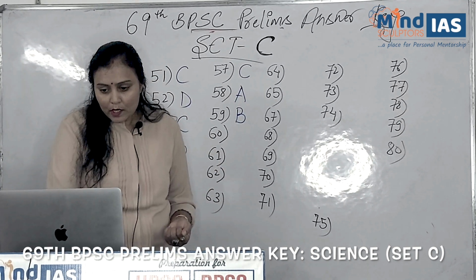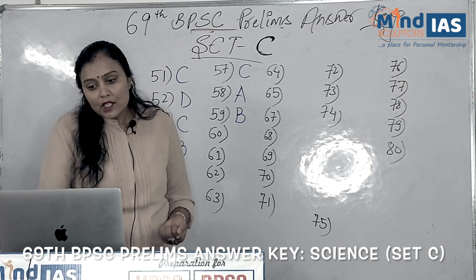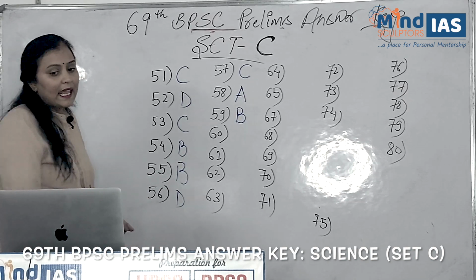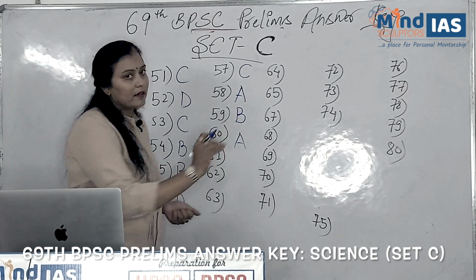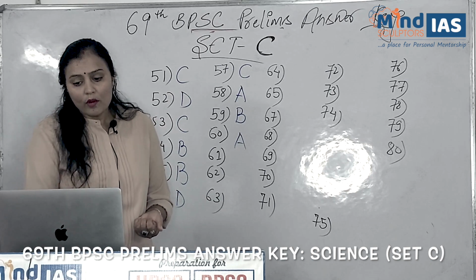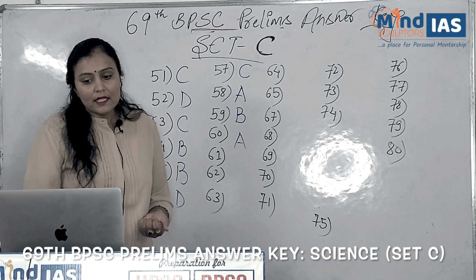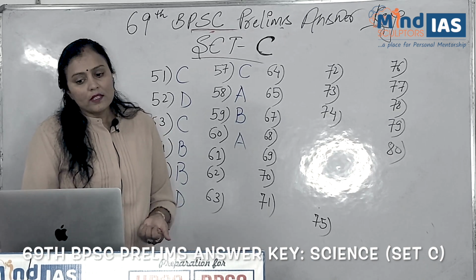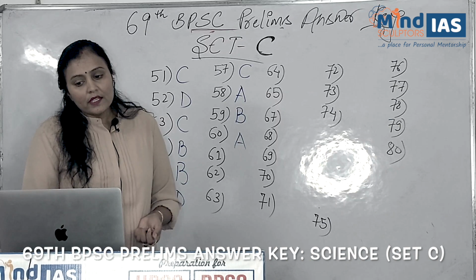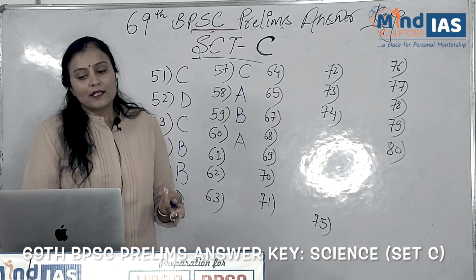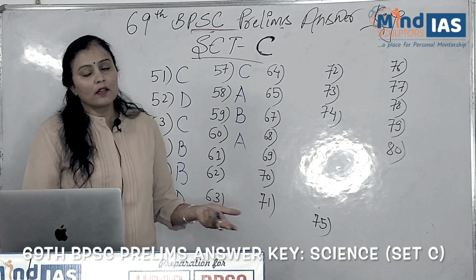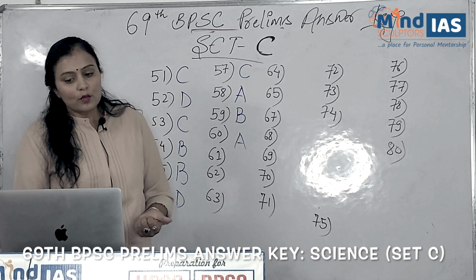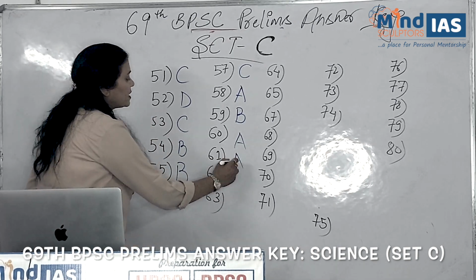Next question, the process that continually adds new crust is? The right answer for this question is A, sea floor spreading. Now come to question number 61. The theory that states pieces of earth's crust are in constant slow motion driven by movement in the mantle is called. This is a very general and common question students will study in science as well as SST also. So the right option for this question is A, the theory of plate tectonics.